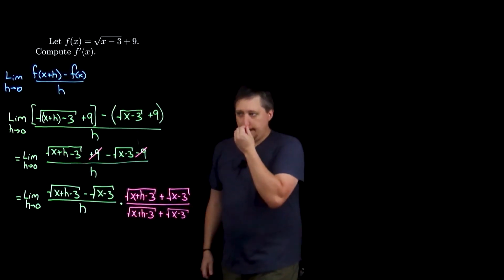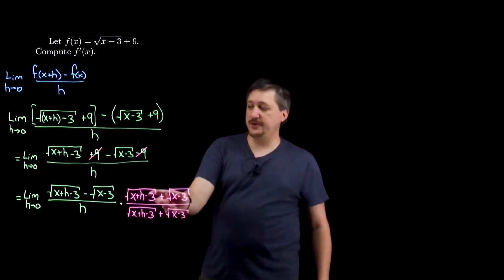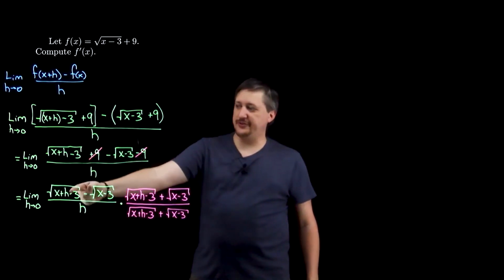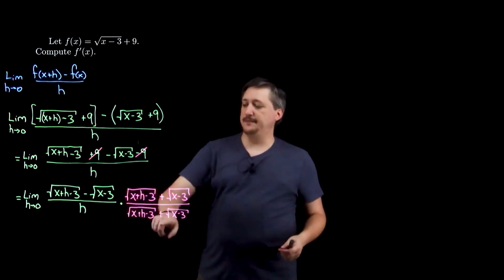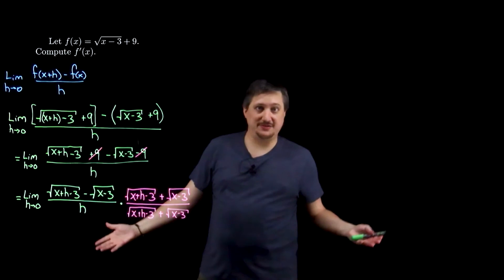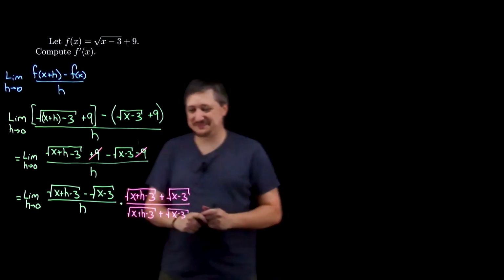And the idea here is that I've made a factored version of the difference of squares, meaning when I FOIL this out, I'm just going to get the first thing squared and the second thing squared, so I'm going to be lifting those roots. And the bottom is just going to be a mess, basically. But it is what it is. We're going to have to live with it. So